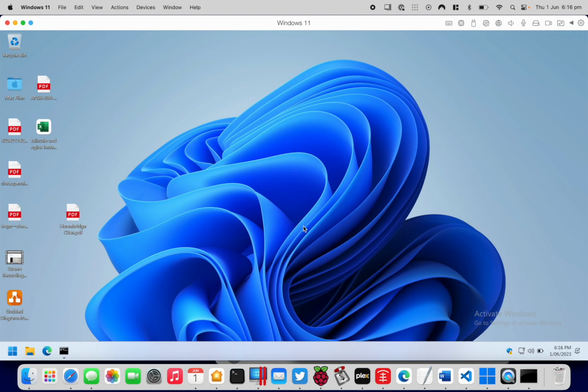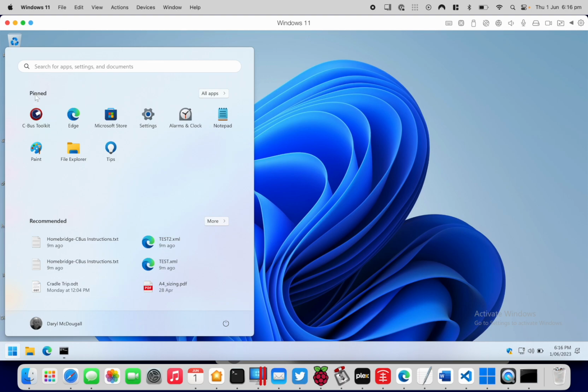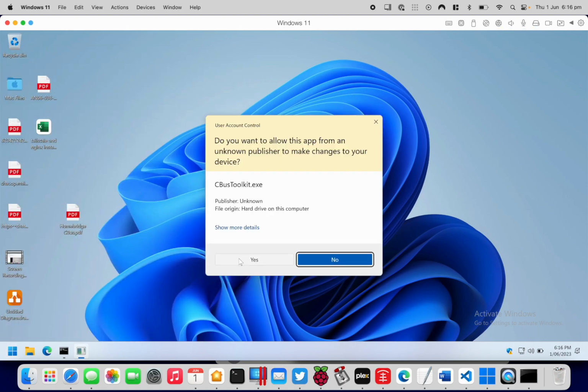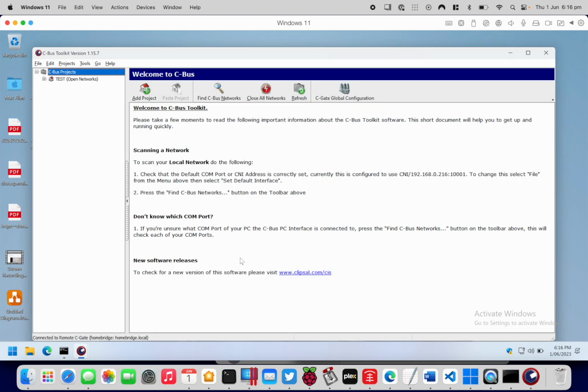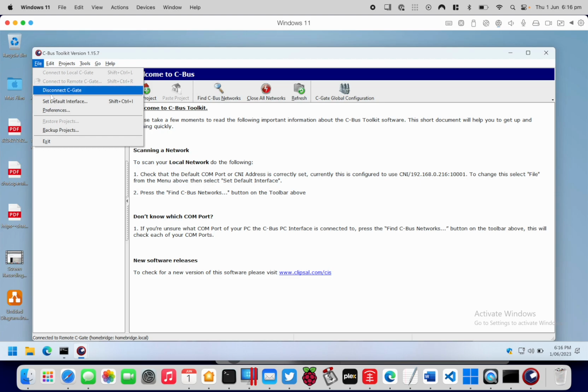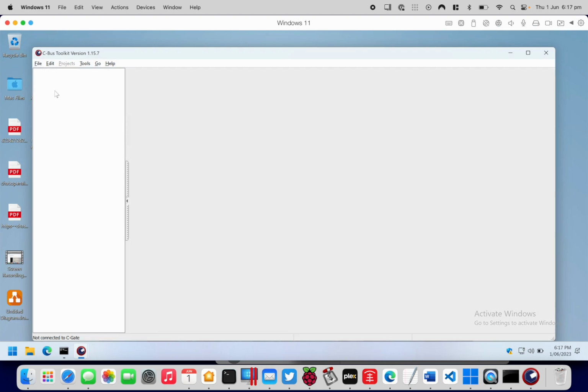G'day, I'm just going to quickly show you how to connect to a remote CGate with CBus Toolkit. First we'll open CBus Toolkit. Okay, if we have a look here, I'm actually connected by default to the remote CGate because that was the last one I was using, but we'll disconnect CGate here,